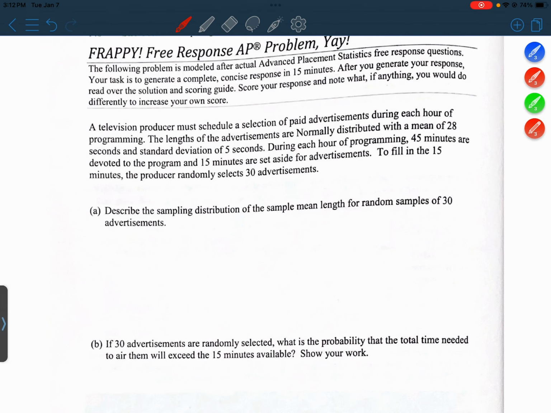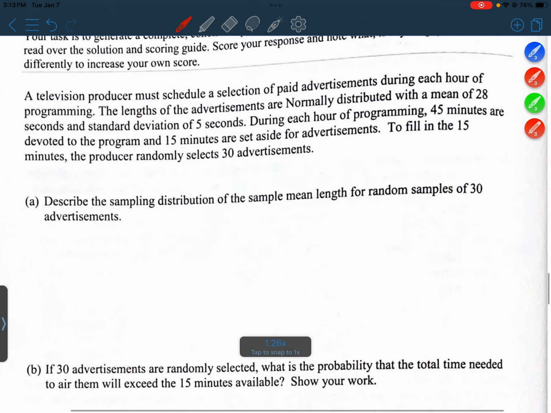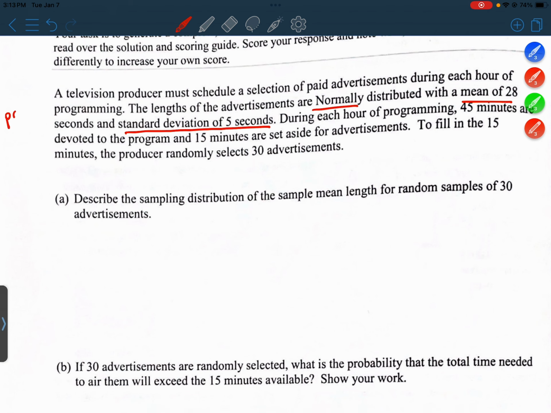All right, this is the free response question. A television producer must schedule a selection of paid advertisements during each hour of programming. The lengths of the advertisements are normally distributed with a mean of 28 seconds and a standard deviation of 5 seconds. Okay, so all that information there that I just underlined describes the population